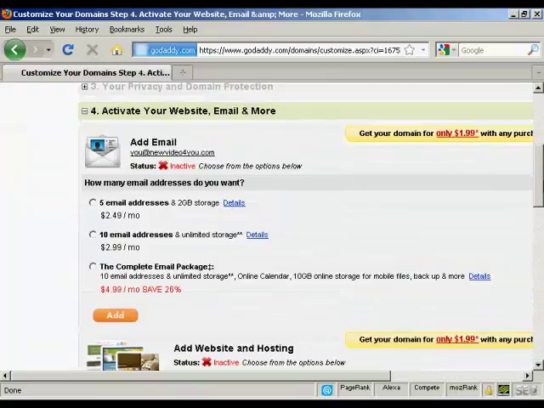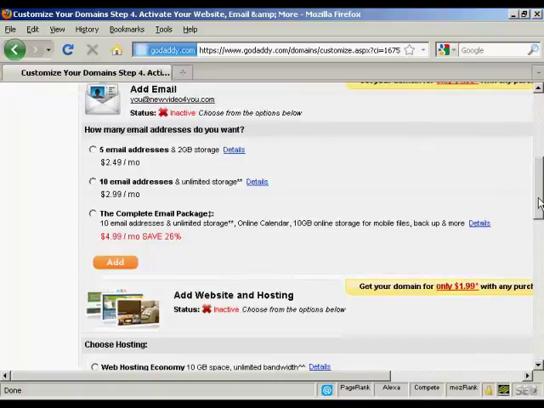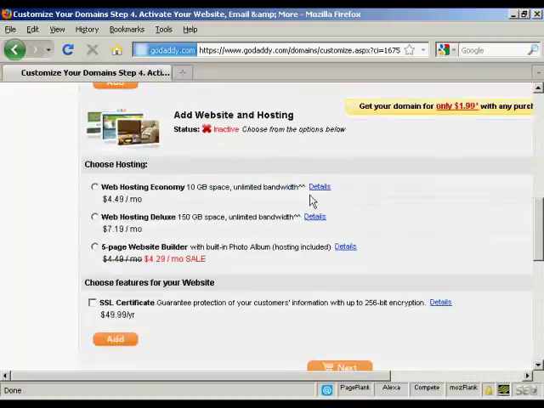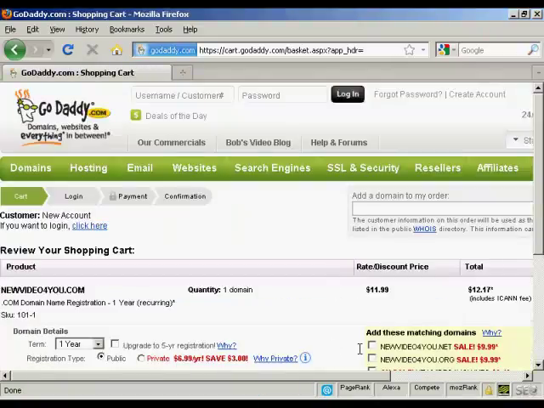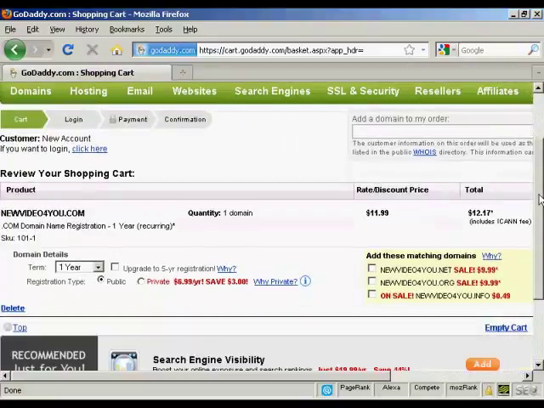You can also add email addresses. This is if you're not going to have a hosting company. You can actually use this just for email if you want. I don't want that. And you can also host it here at Godaddy if you would like to do that as well. I'm not going to do that, so what I'm now going to do is go to the checkout. So click on Next, and it gives me all the details again,